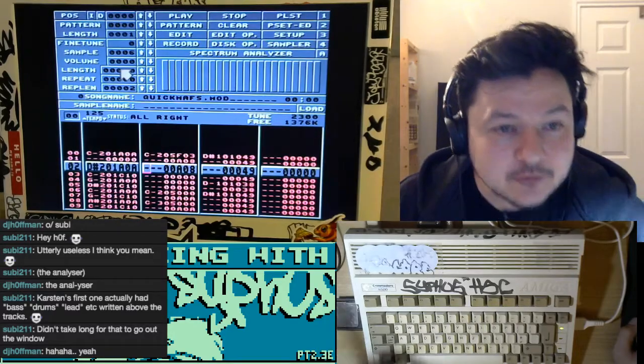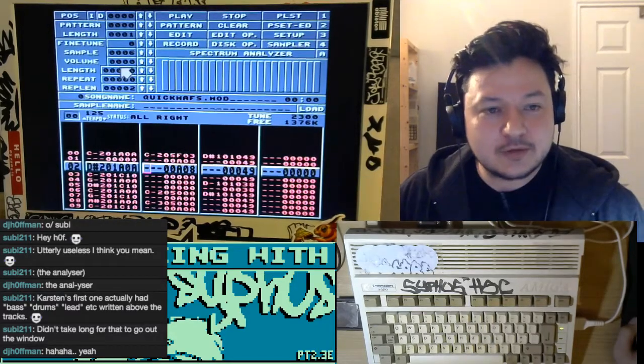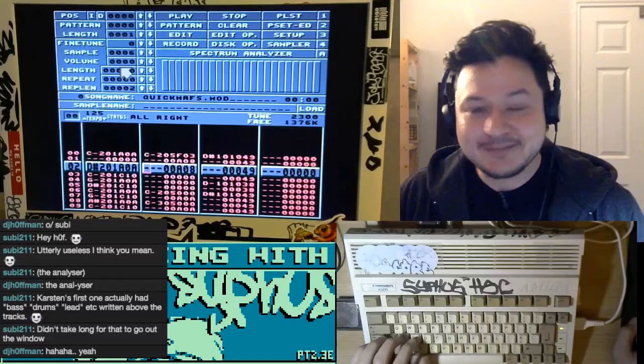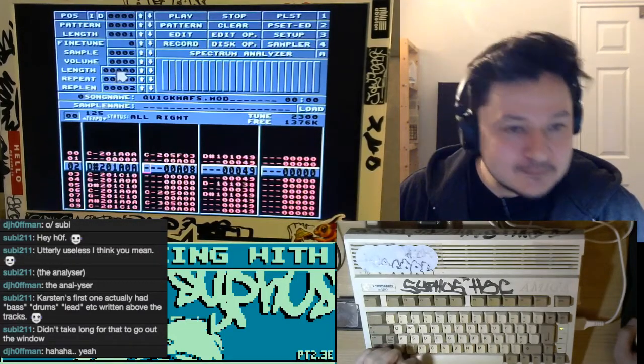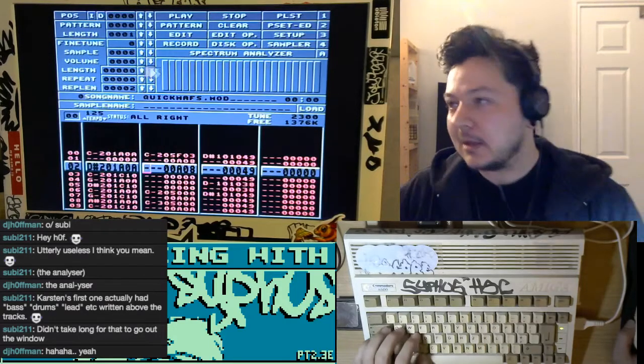Oh yes, Carsten's first one actually had bass, drums, lead and stuff written above the tracks. Yeah, I forgot about that. That was nice. Yeah, so